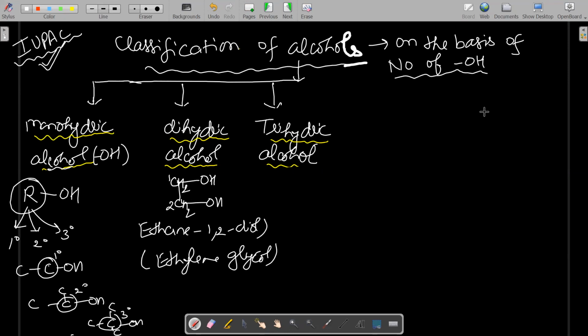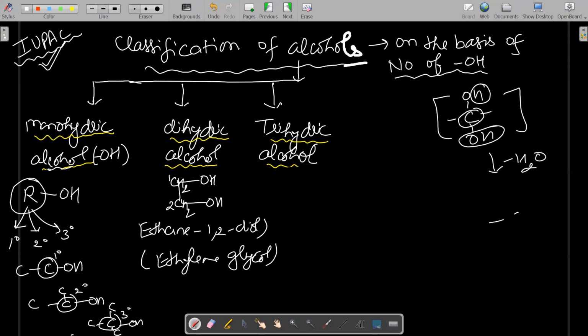Now the question arises in your mind: is a gem diol possible? I will tell you the gem diol is unstable. This is the reason: when any reaction occurs and two alcoholic groups come on the same carbon, that is not stable, and hence there is a loss of a water molecule. With the H and OH there is a release of a water molecule, and hence the gem diol converts into a carbonyl compound. So whenever you write a reaction, whenever you are getting two or more alcohols at the same carbon, loss of a water molecule occurs.